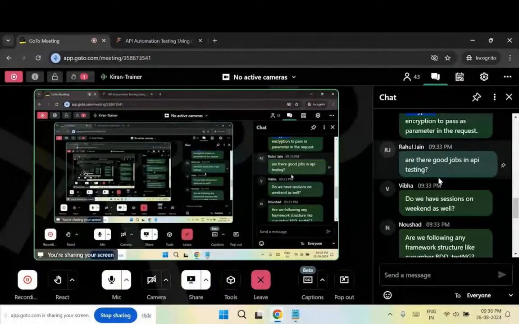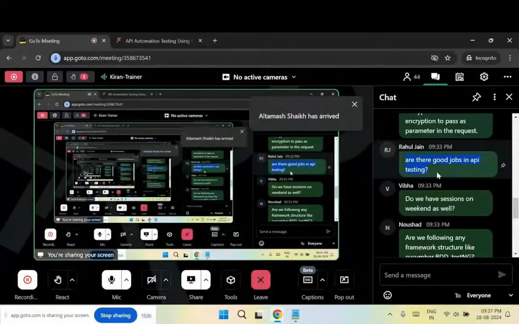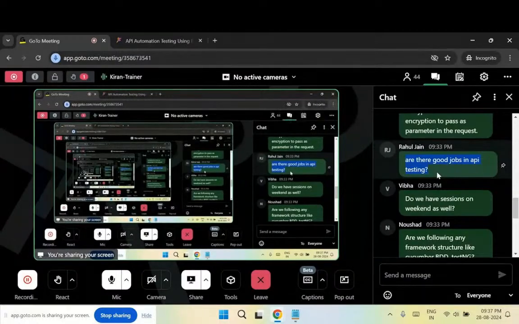Yeah. So Rahul says, any good jobs in API testing? So Rahul, my answer is yes. That's what my experience is conveying to me. There are so many jobs in India, across all the cities here, where a lot of organizations are looking for API automation professionals. And in fact, API automation skill is a default skill these days. It is no longer an additional advantage. It is a mandatory skill the industry is expecting testers to come with. Just like manual testing, API testing is also a default.